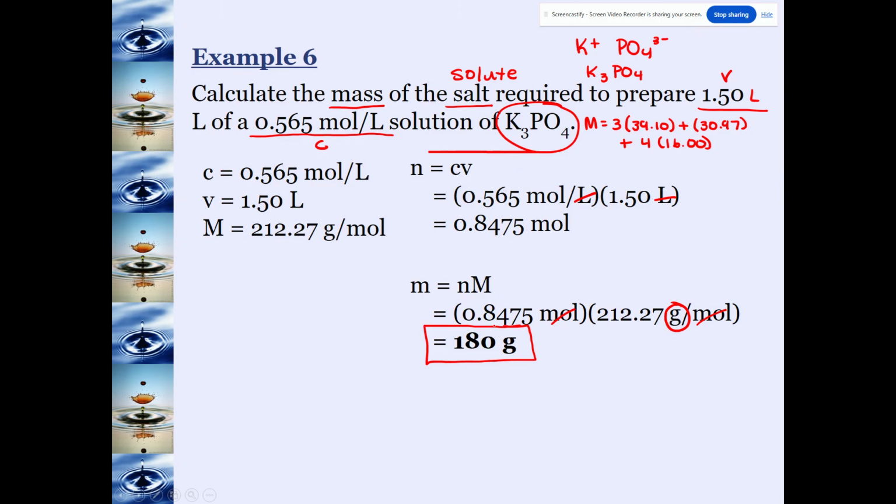Now I believe when we do this calculation, 0.565 times 1.5 times 212.27, we get an unrounded answer of 179.8, and so on. I'm keeping 3 digits. I'm cutting an 8 off. Now, the 9 has to turn to a 0 and bump this up to an 8. You only bump it up if you're rounding up a 9. So the answer mass is